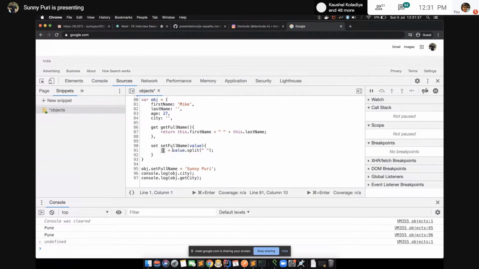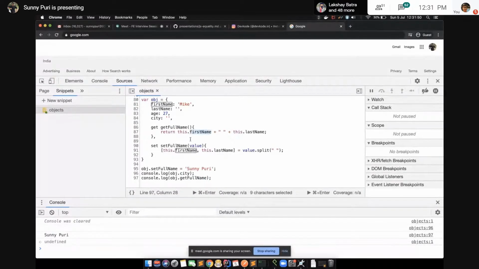Then if you are aware of destructuring, if not, I'll write a simple one as well. So this is the thing, set full name, then get full name. Let's see how it goes. Right now we are not having anything like get full name, right?